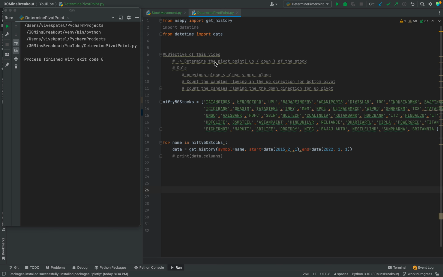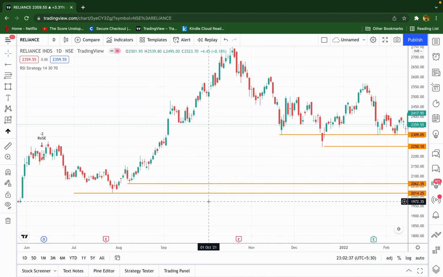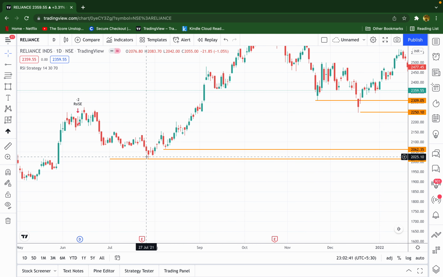Now about the pivot point implementation. Before doing this, let's go to the trading charts and see the pivot points and get some details for the implementation. So you can see here at this candle,